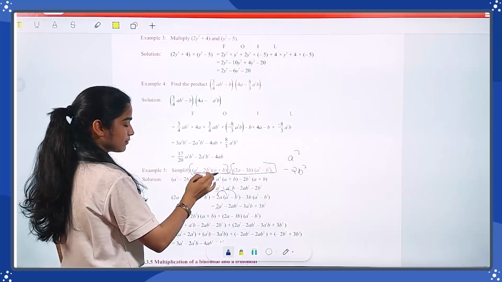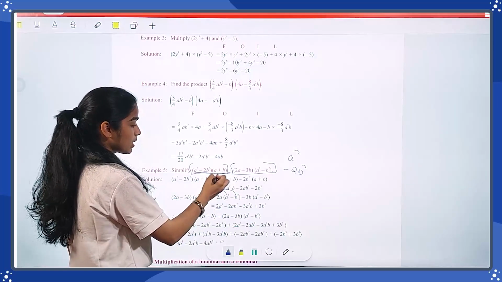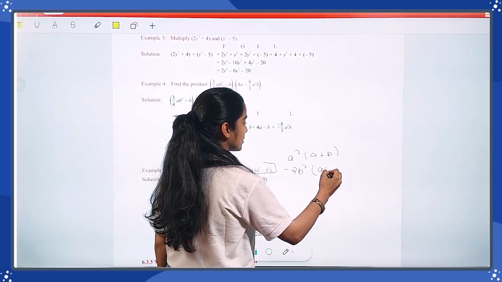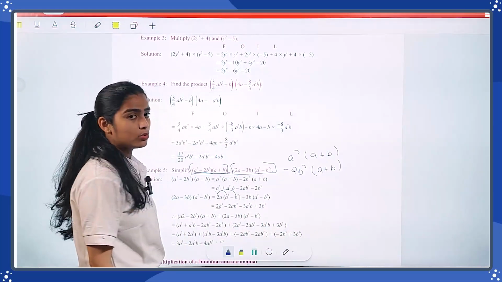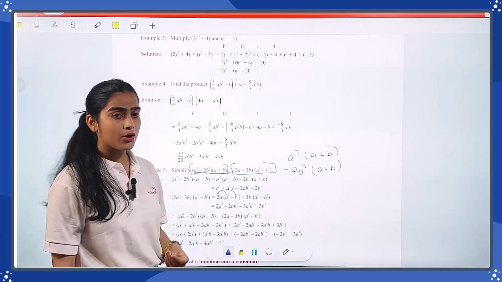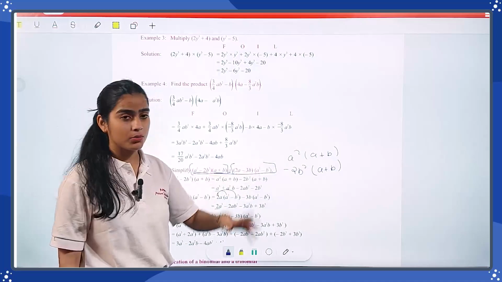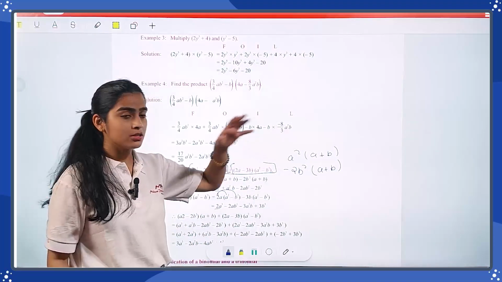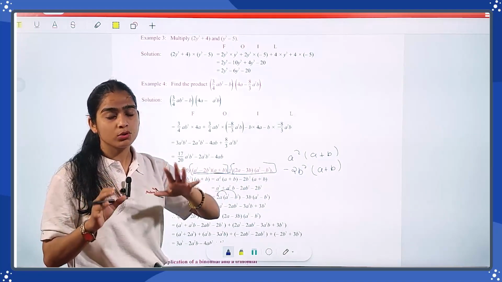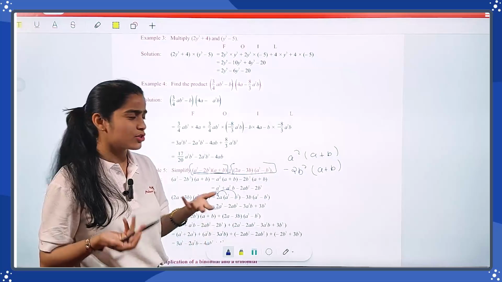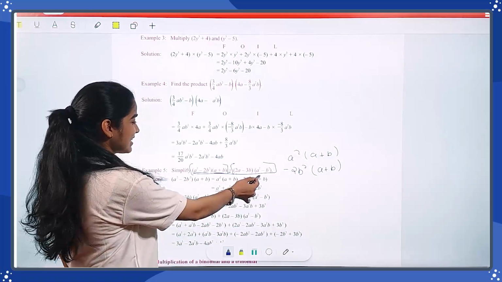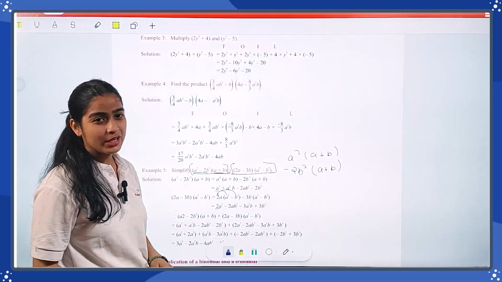This is very easy. You just have to take two steps. Now this one, a plus b, take the common one, a plus b. So it will be easy for you to solve this question. It doesn't seem very difficult, because you already know how to multiply a monomial with a binomial. That is very easy for you. So first break down your equation in such a way that you are able to see the question. Oh, this question is very easy, because we just have to multiply a monomial with a binomial. That's it. So don't think of it as a difficult question.